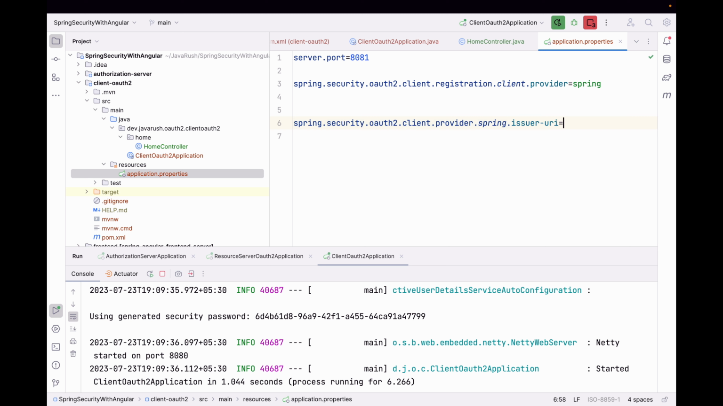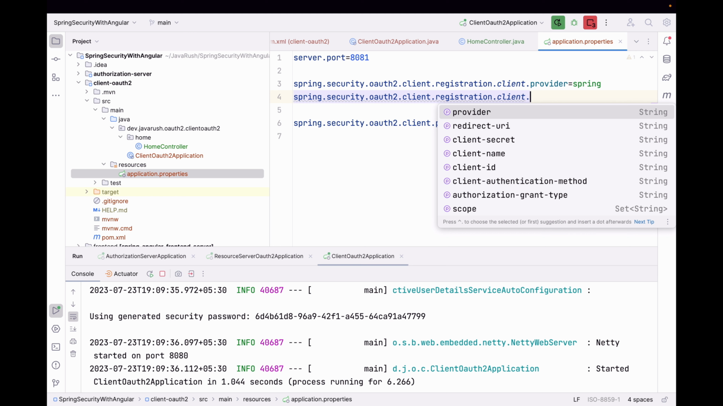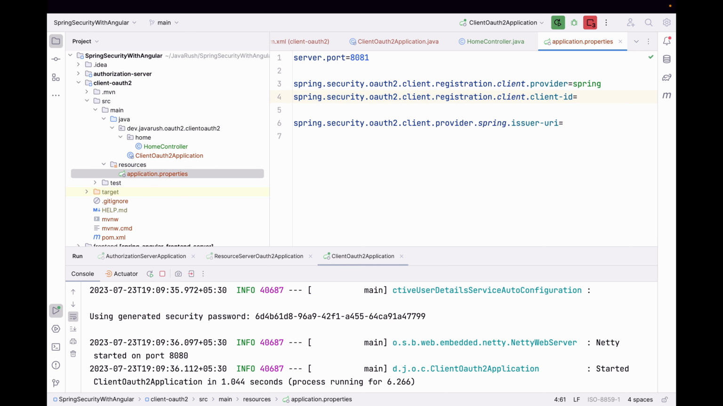Let's just say issuer URI here. Now let's first configure the client, and then we will come to the provider. So the first configuration was specifying the provider name, and we have specified the provider here. Now let's copy this, paste it, dot. Now the next is client ID. This client ID should be the same as the client ID which we defined while creating the client in the